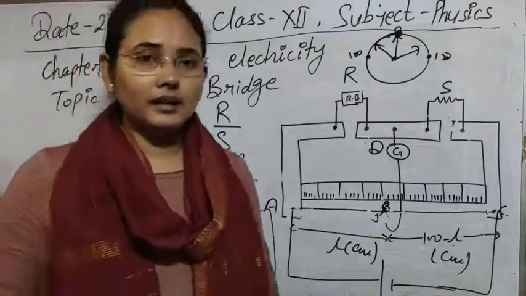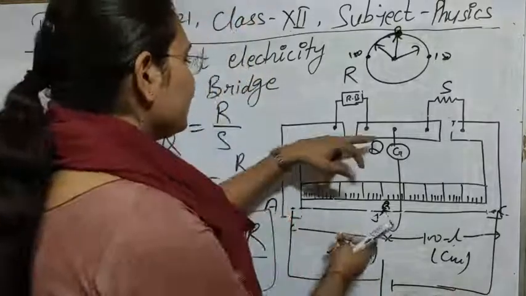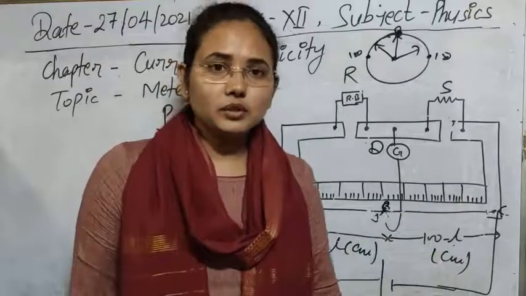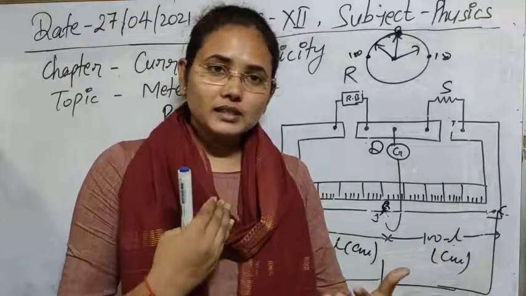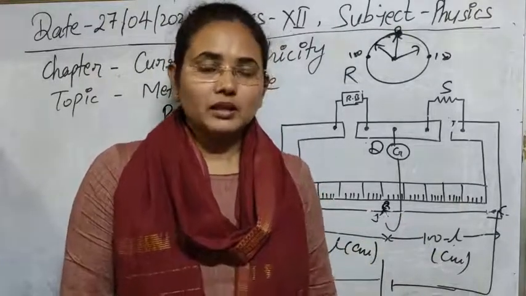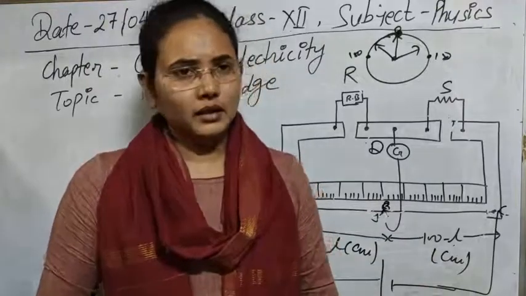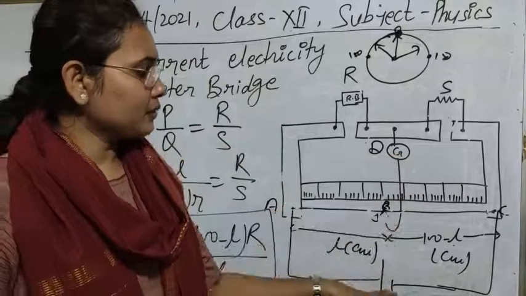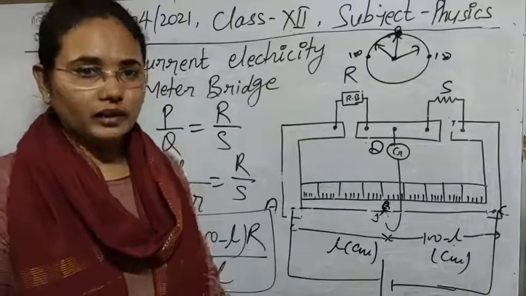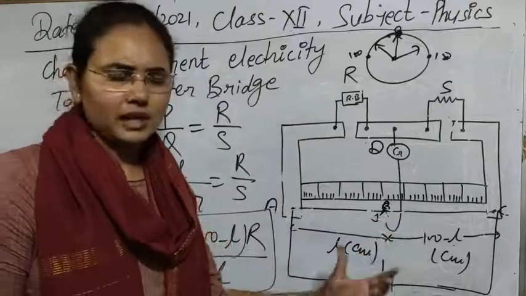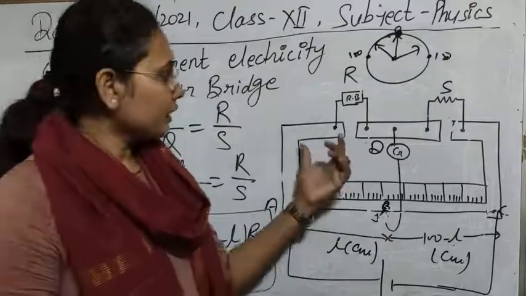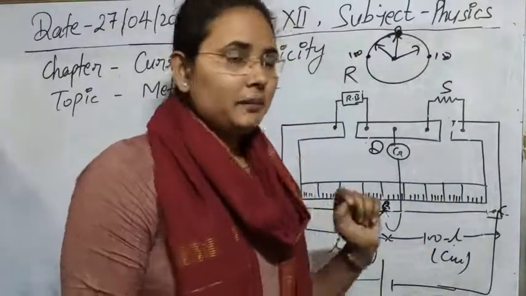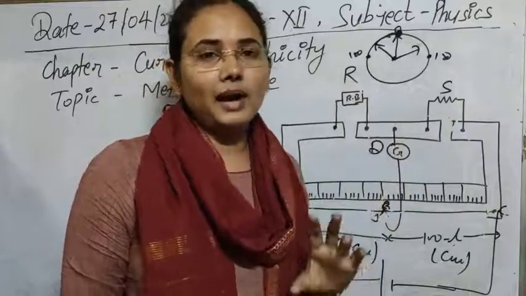Second thing, in this whole circuit you can interchange this galvanometer and battery. Previously I told you, in the case of Wheatstone bridge we can interchange the position of battery and galvanometer, so there is no effect on current due to this interchanging position property. So you can also connect battery here, you can also connect galvanometer here, and if you do the practical, then it will behave in just the same way. Clear?